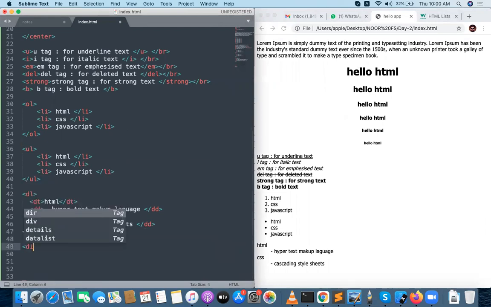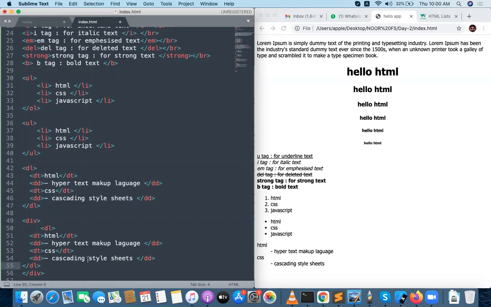Finally, there is one tag called the div tag. Div is a container tag. Inside the div, I can place a lot of text. Inside the div, I will place a definition list again.